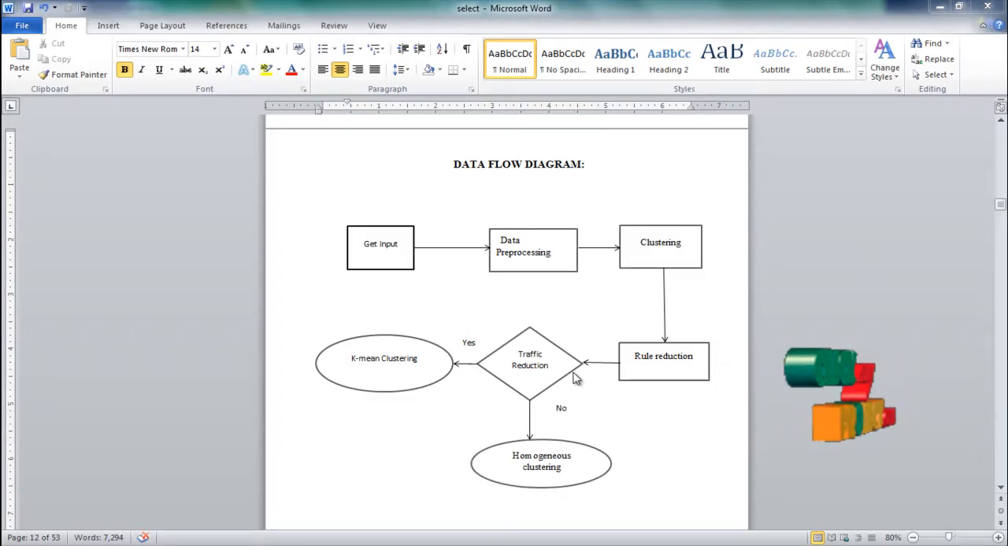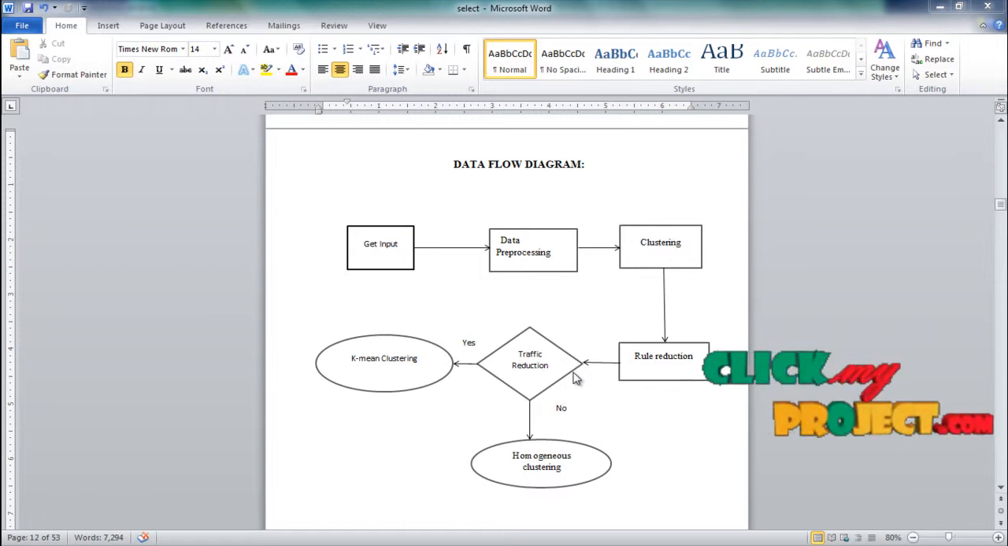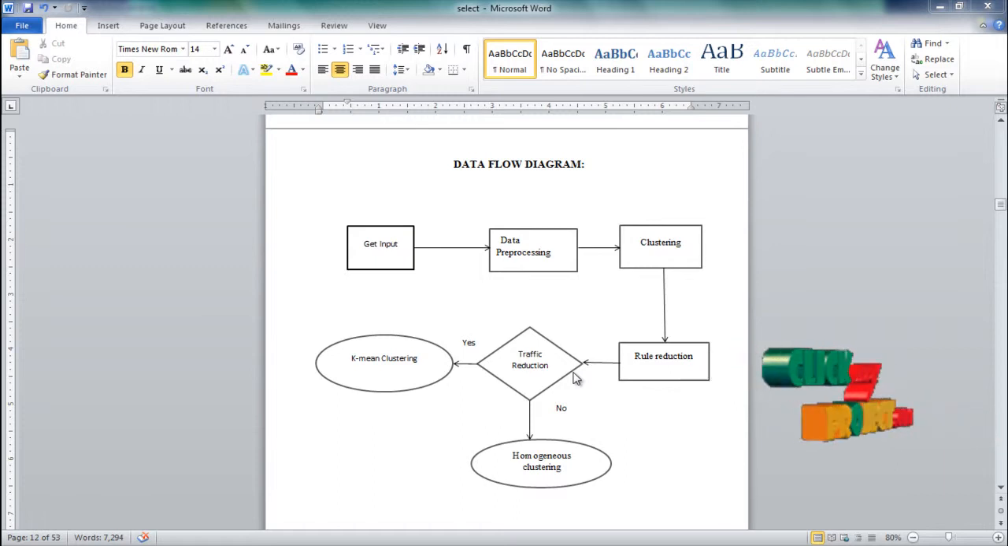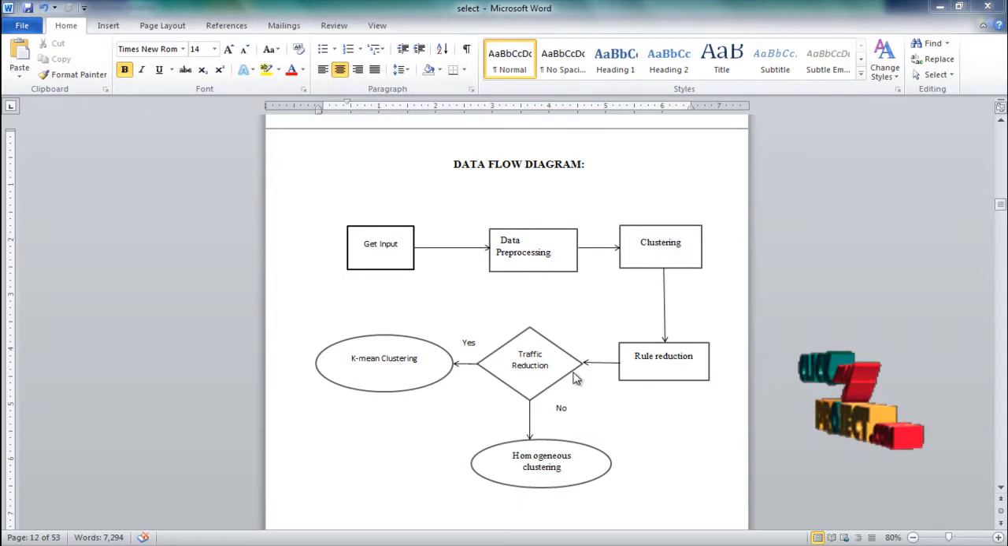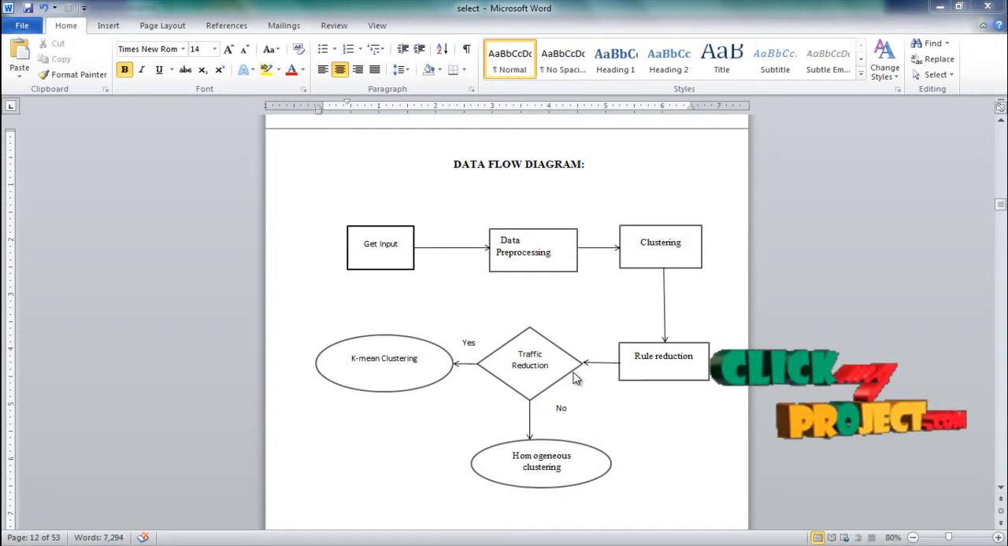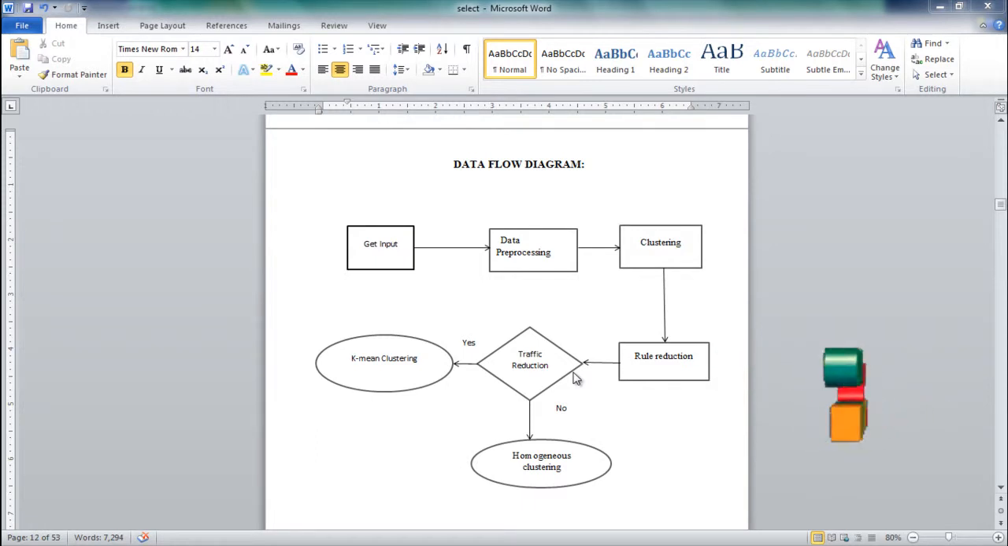Data flow diagram. First, get input. Get input means we are going to get the data. Then data pre-processing. Data pre-processing means we are going to remove the unwanted data. Then clustering. Clustering means we are going to group the data from the data sets. Then rule reductions. We are going to apply some rules to reduce the clustering data. Then traffic reductions. Traffic reductions means we are going to reduce the traffic when transferring the data from one